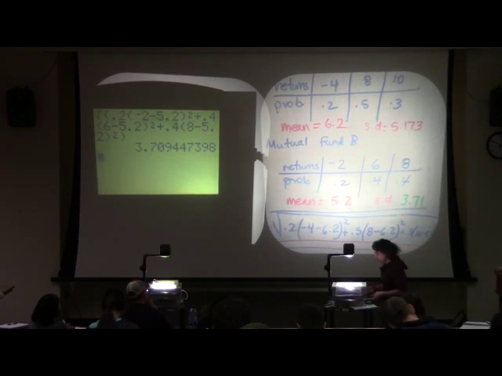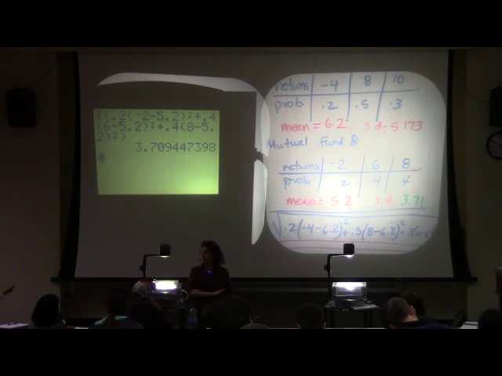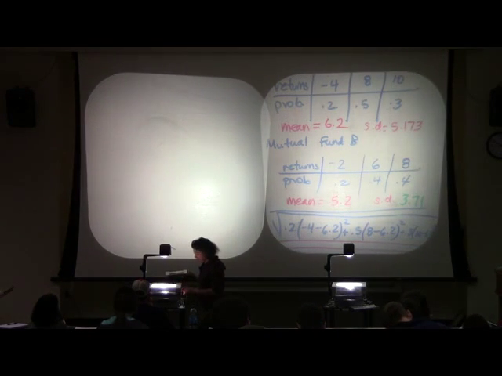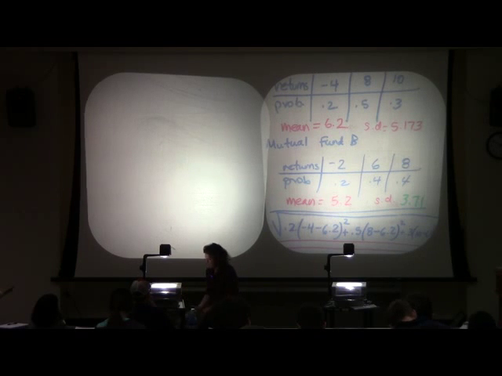So let me just go through one more example. We're not going to do another computational example right now because we don't have time to push all the buttons on the calculator. I will do one more computational example on Friday in class. But let's just pretend we have this, just so that I can give you another idea of the standard deviation.